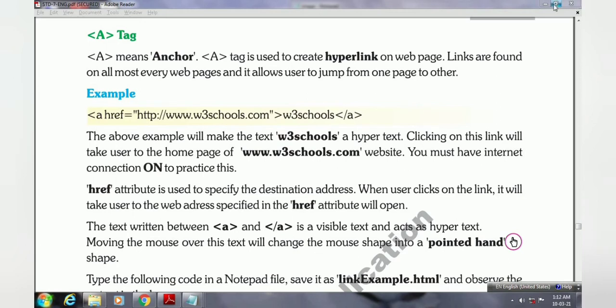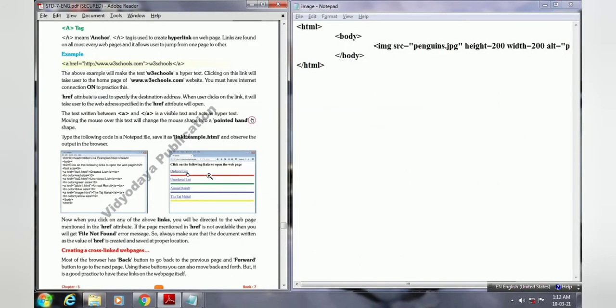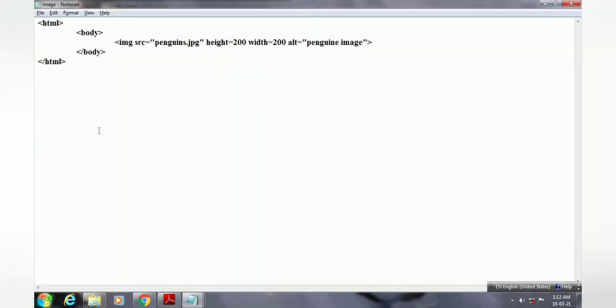So for that I am minimizing this one, and this type of list we will create: the ordered list, unordered list, annual result, Taj Mahal, like this. So in this example only I am creating this one. So now first we will open the folder in which all our files are saved.